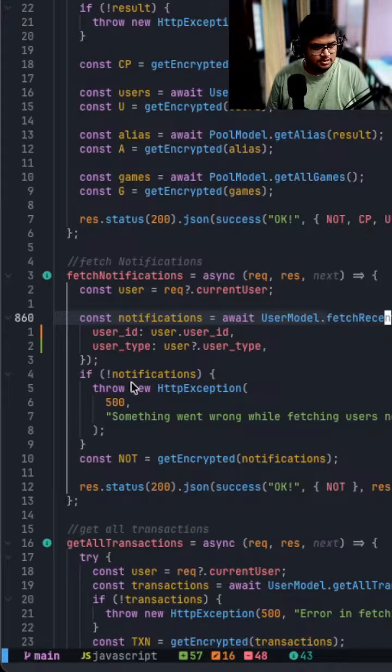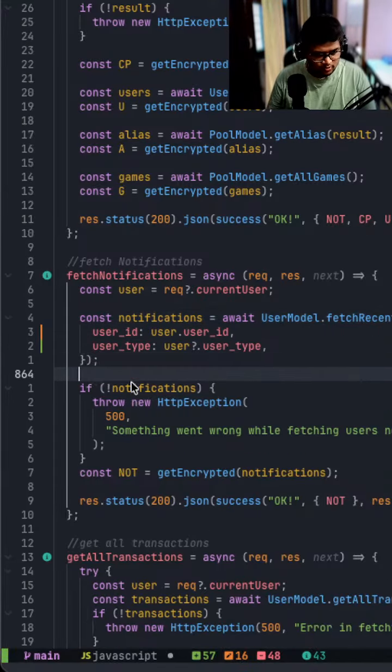okay, so maybe I can let's test out this change. It's not required though, but I did just so that in future I don't have to